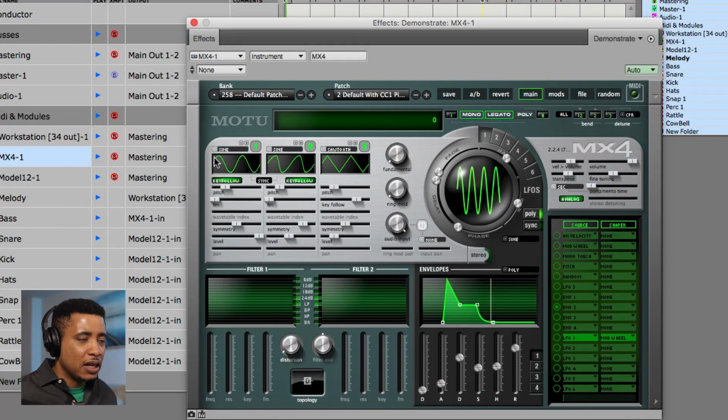Now for the bass, I'll use Motu synth instrument MX4. I went ahead and built my own custom bass. I pitched down all the oscillators 12 semitones to get that low bass feel. So here are the oscillators there. I used a sine for the first, a sine for the second, but I changed the symmetry. And then I used the sawtooth just to give it a little bit of buzz so it could be heard